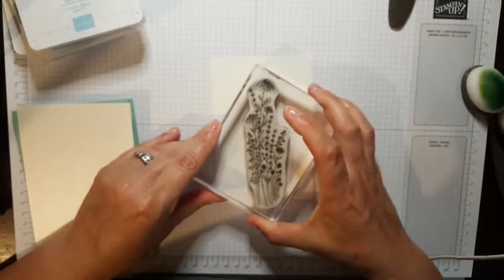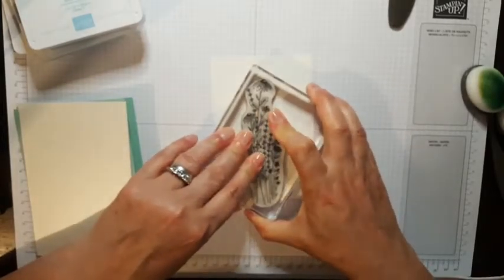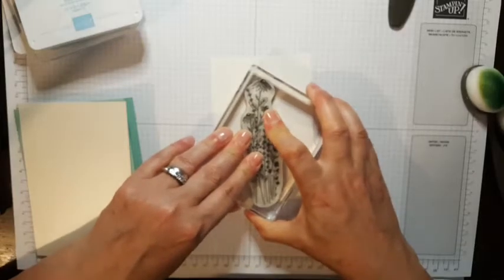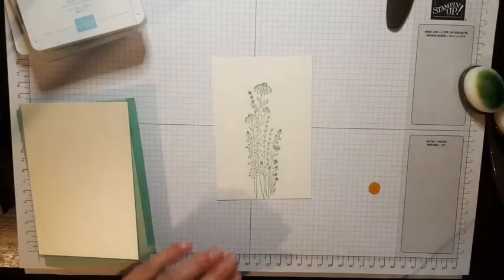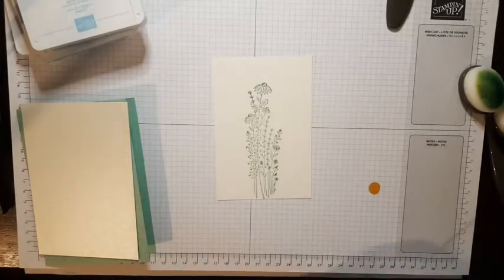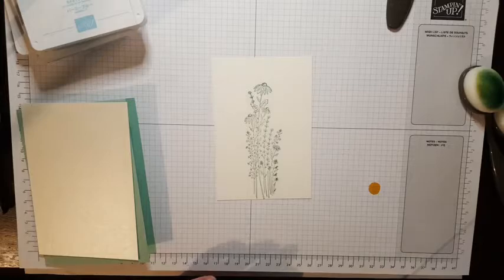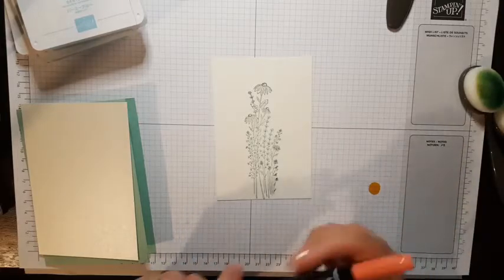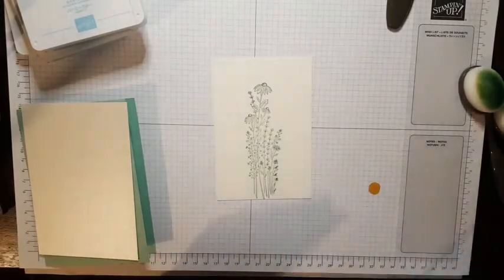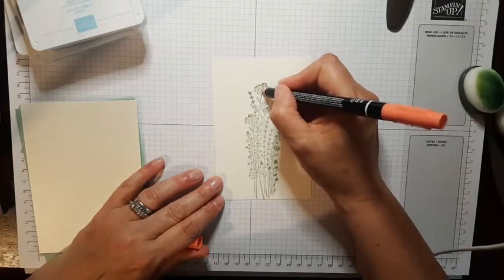But we do have lots of bees and some butterflies. So we're keeping nature going. So just stamping that in the centre, because what I can do is take my, again, the Stampin' Write markers come in colour families, so I can use all the